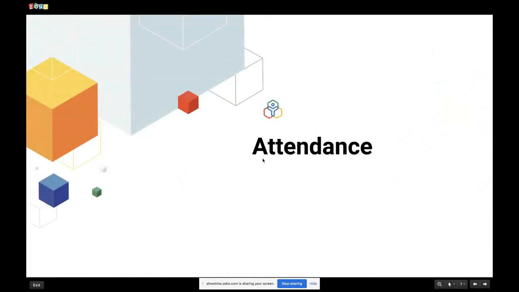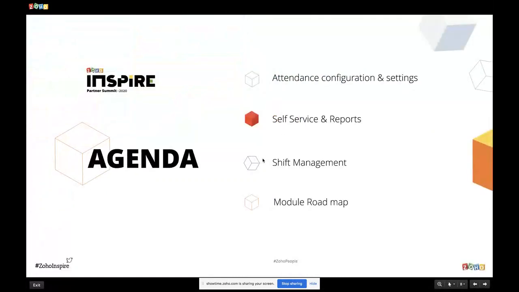Moving on to the attendance module. We shall have a look at the attendance basic configuration and the settings that we can define.